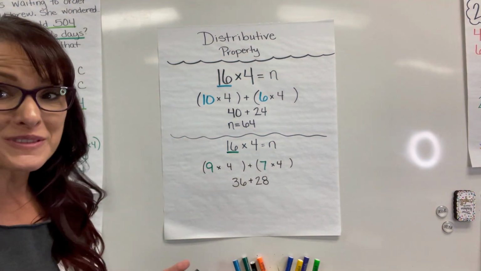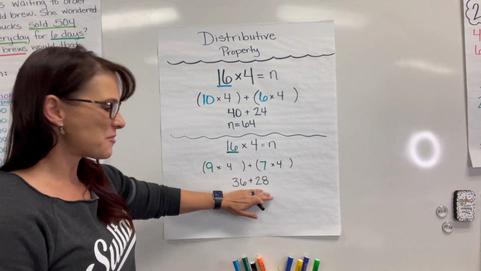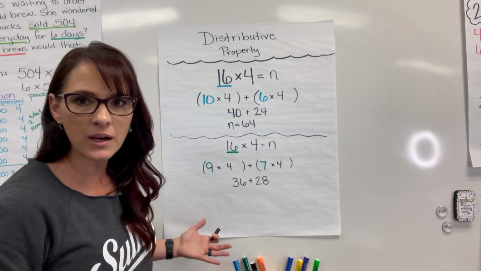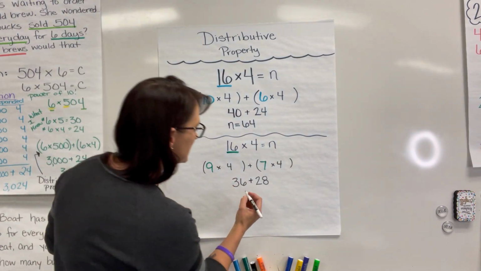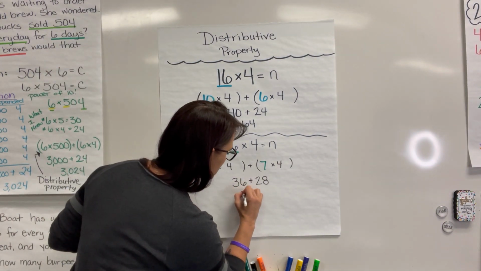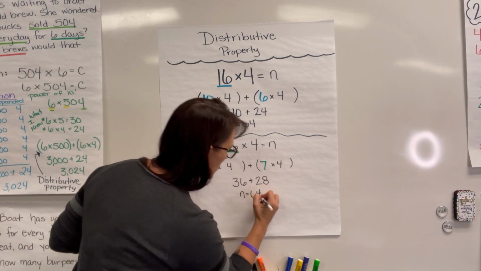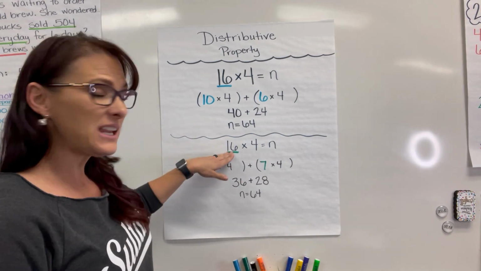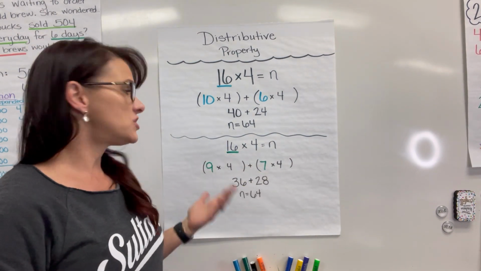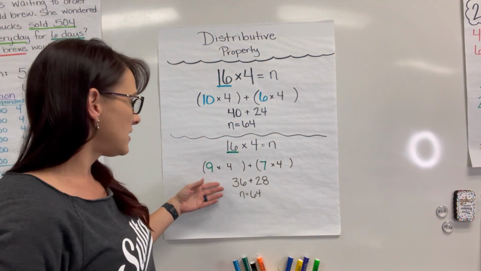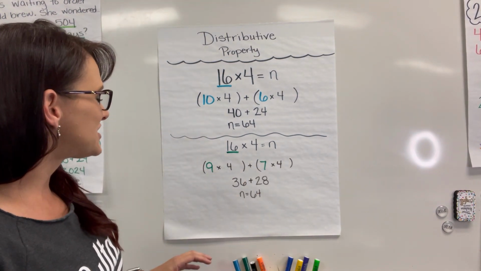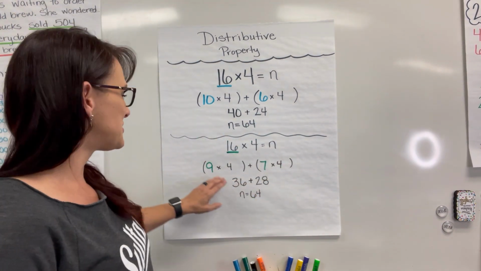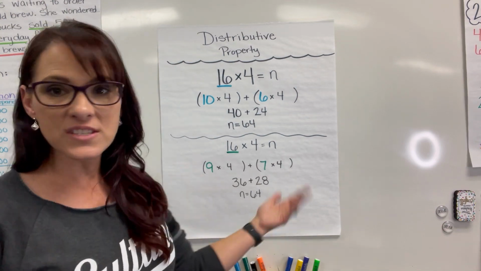If I add both of those together, notice that these numbers aren't as easy to add as the 40 and 24. You do have a little bit of regrouping here, but still super simple. I'm still going to add them together, and I'm still going to get 64. So you could do this again, and you could do 8 plus 8. Oh, I already did 7 plus 9, but you could do 5 plus 11. Okay, so you could do 5 and 11, and you're still going to get the same answer